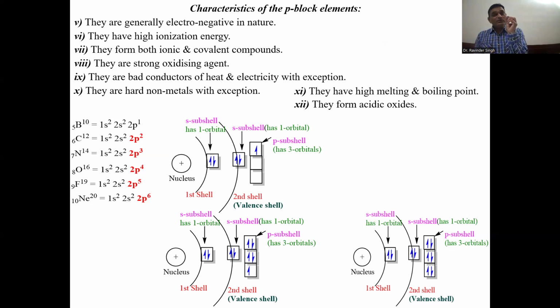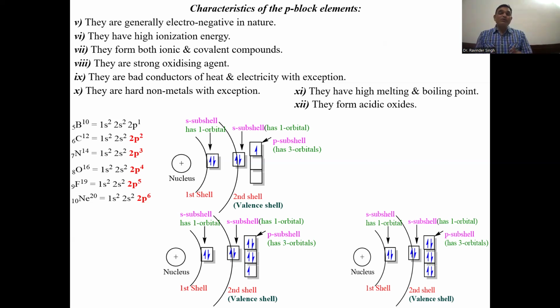So on moving from s to p block, the p block element has a smaller size than the s block element. Due to their smaller size, according to the Lewis concept, they have the tendency to take the electron pair from the outside species. That nature of taking an electron pair from the outside species, according to the Lewis scientists, is called the